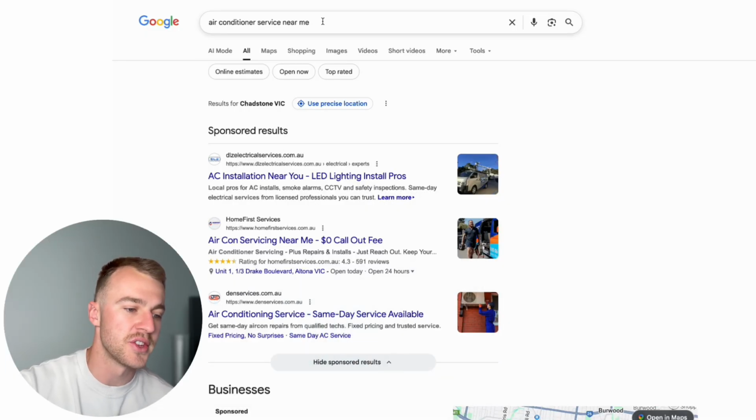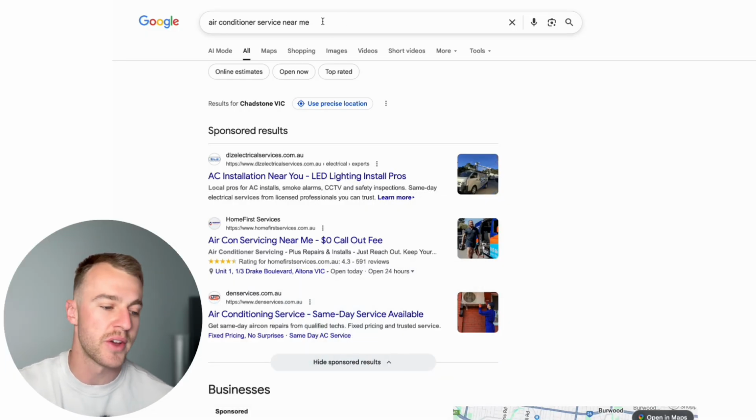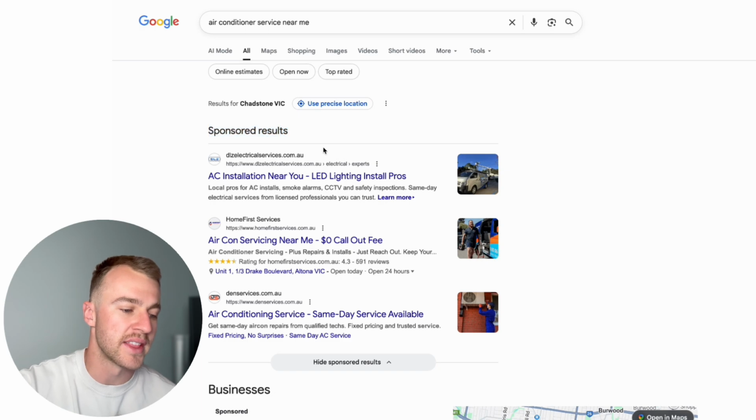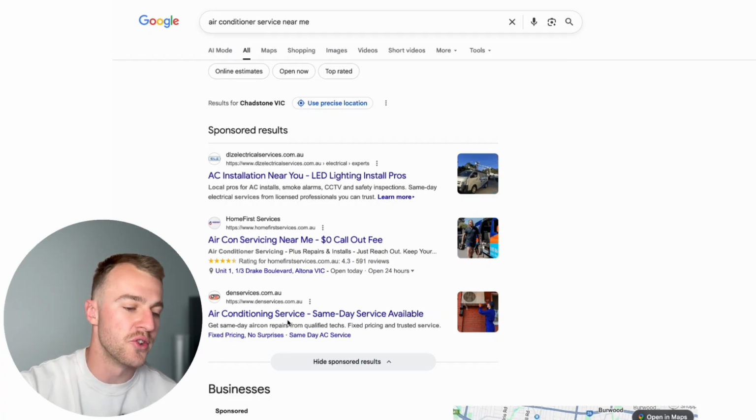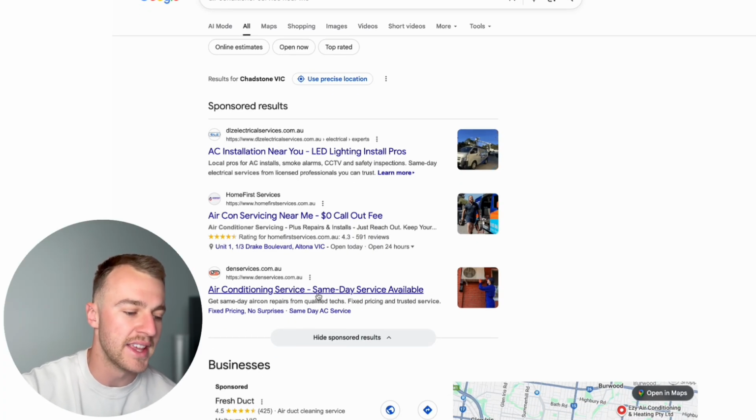You type in a certain type of keyword because you're looking for that service, and then you'll get sponsored results like this. And as you can see, I have about 3 different ads. Usually it's anywhere from 2 to 4 different ads, and you'll appear right at the top of the page like this, and you can just tap on any of these. If I tap on one of these ads, like this one up here where it says AC installation near you,